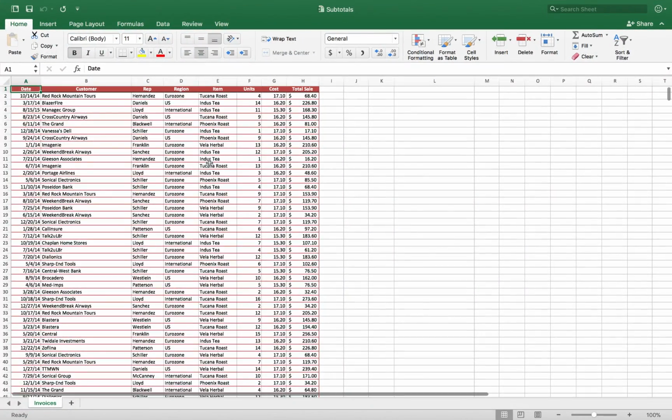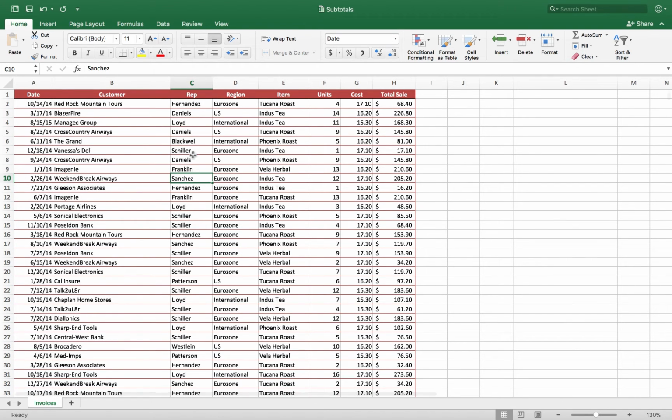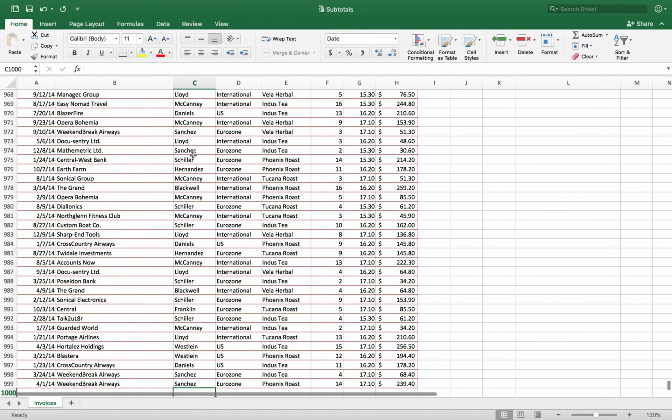So here's an example of a list. It kind of looks like a table, right? But it's really not a table. It's just a list. They've used some nice formatting here. So let me zoom in a little bit so you can see what we've got going here. All right, so I'm using the Command down arrow key to quickly jump to the last row. So I click in my data and I press Command down arrow, and that jumps me down to the last row of data. Well, actually, not the last row of the spreadsheet. It'll jump me down to the last row before there's a blank line.